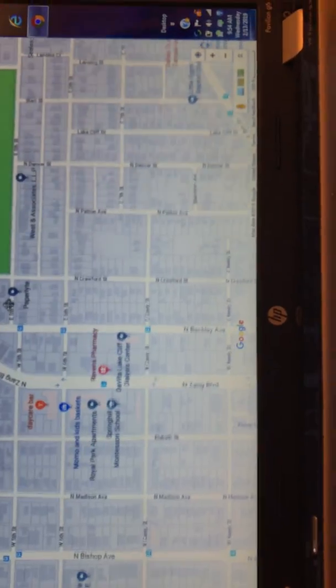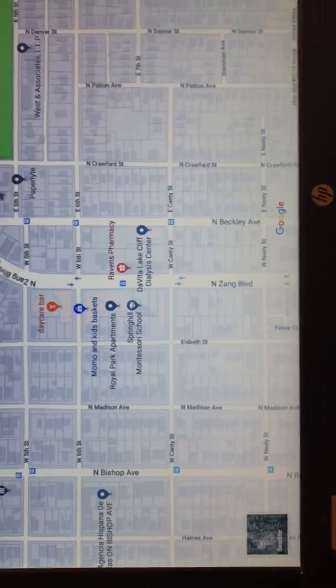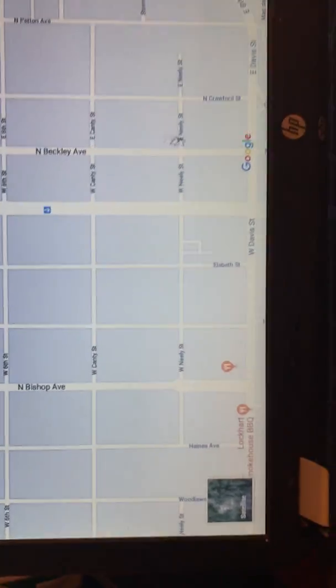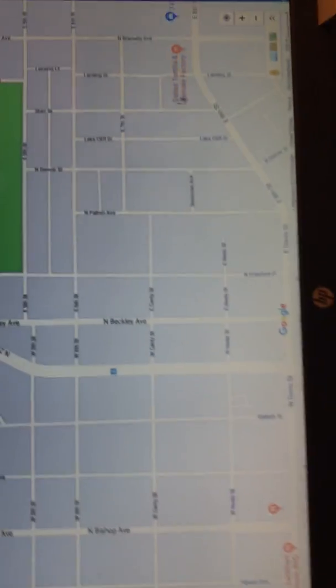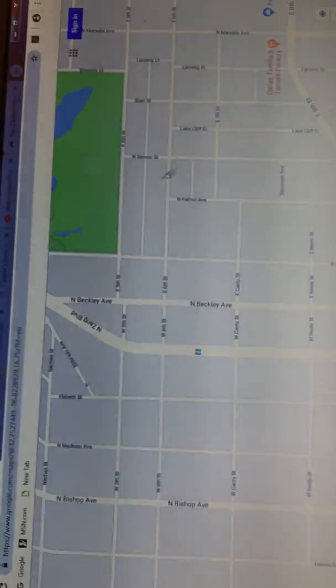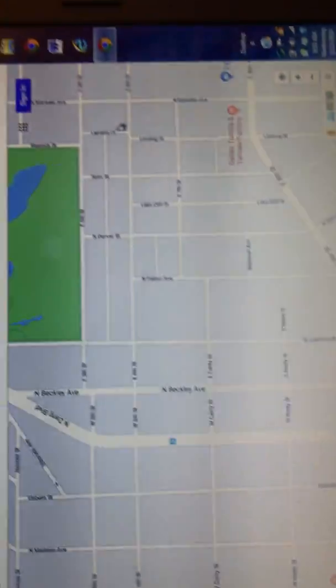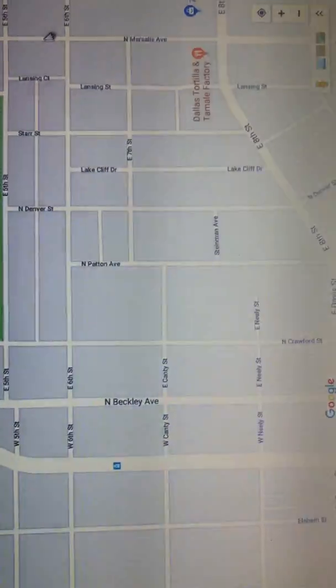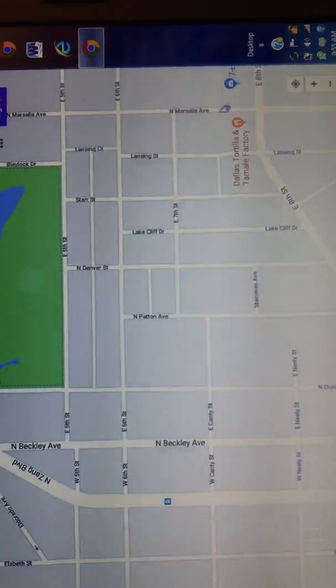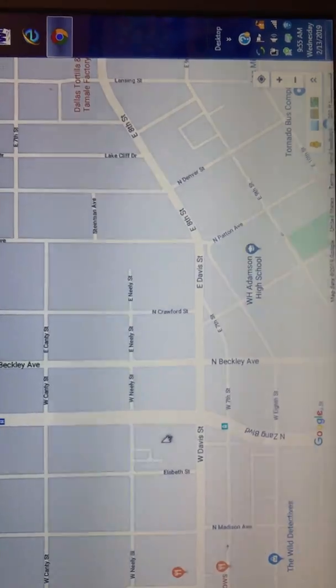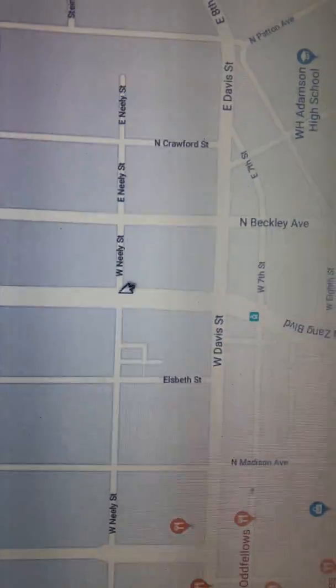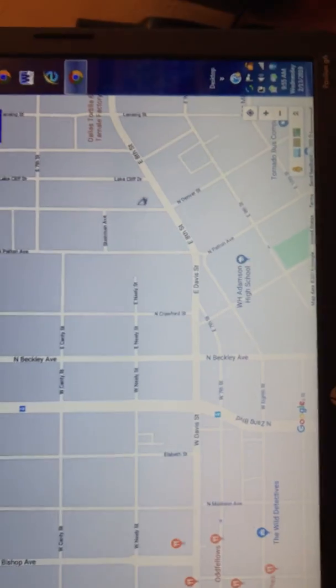So let's get this in frame. So you see that little beige house right there, that's the boarding house. That's the monument. And there's Neely down there. Right, and then over here is going to be Patton and 10th. So he comes through here, maybe walks around the park, and then comes all the way over here to Marseille, and then takes Marseille all the way down. Obscuring view from here at Davis and Neely. And they can't see him.